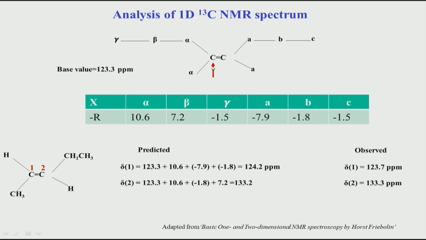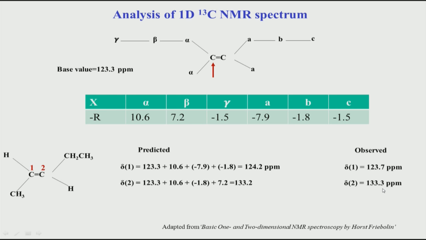So, for this carbon we are going to look at both the carbons. For this carbon it will be the base value plus the different contributions coming from this table. So, if you do this math, you will get this value for this chemical shift, which is 1. Similarly, if you look at 2, again you have to look at this picture, and with respect to 2 these are different values. So, again you can use this table. So, with respect to 2 you will get 133.2, and you can see this again matches very nicely with the